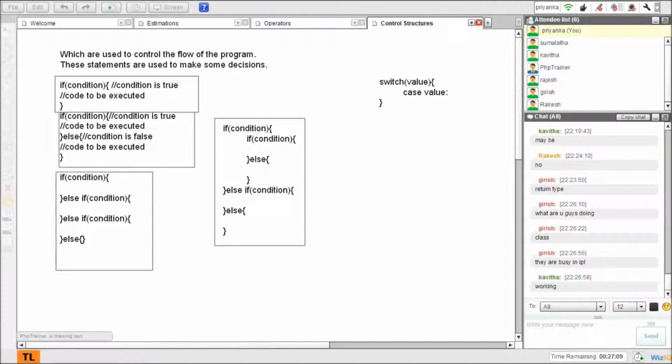Right. So now let's see an example for all these control structures and operators. We'll start extending our code. You guys can see my screen, I hope. Yes. Great. So let's start with our operators. This is our folder.